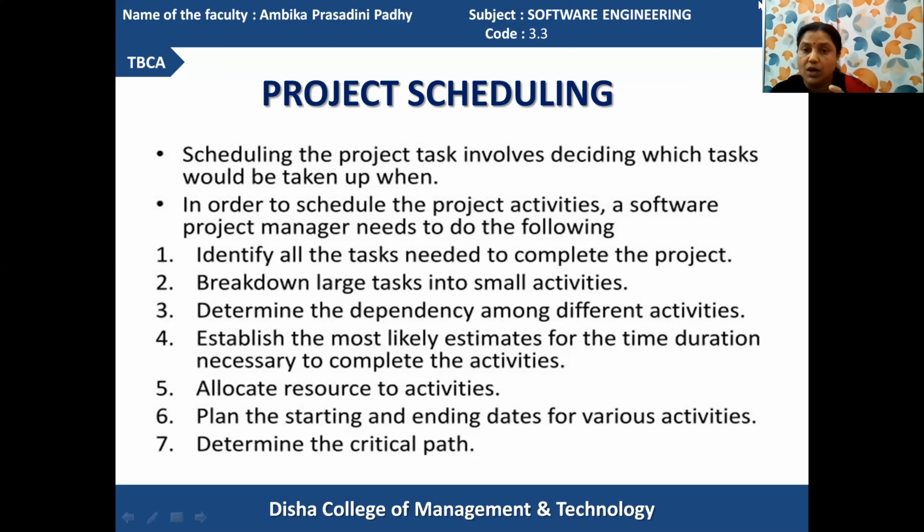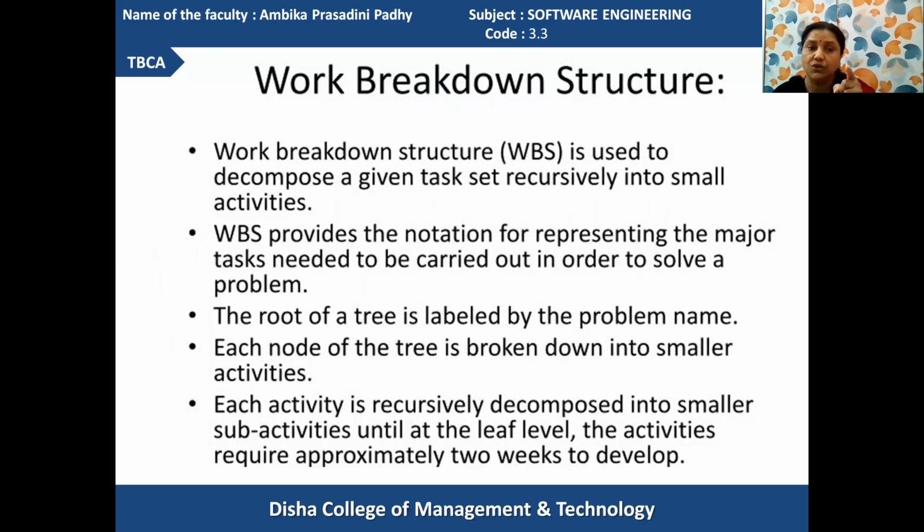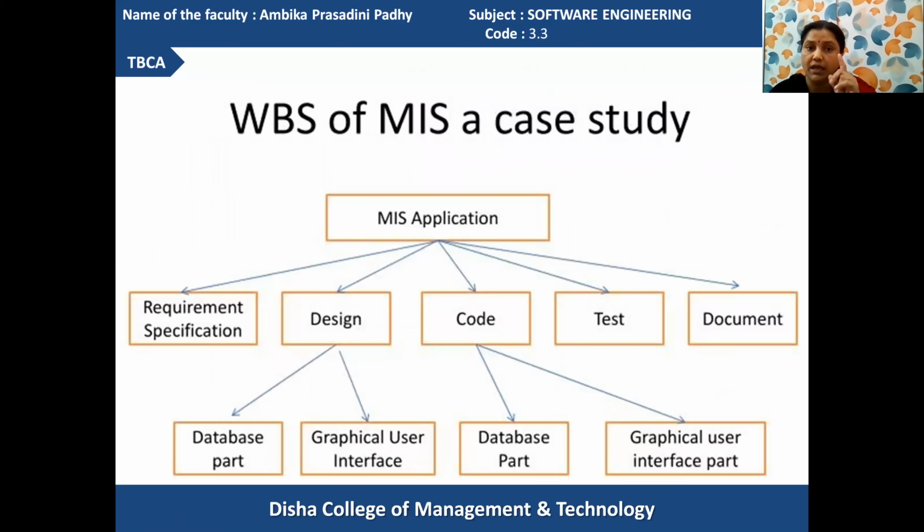Got it? After executing this set of actions, you can go for dividing the whole system into a number of subsystems, that is using the work breakdown structure. We have discussed a concept, that is, for developing a management information system, how we can prepare a WBS or work breakdown structure. According to its main activities, we have divided the sub-activities in this manner.